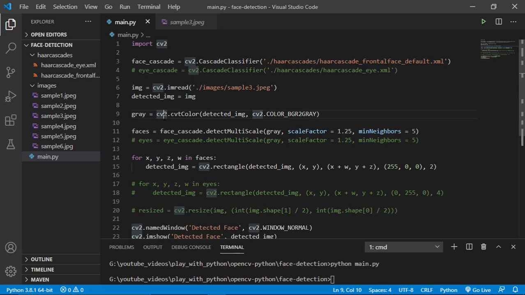Why are we not working with colored images, why are we working with gray images? Basically, whenever you do image processing, grayscale images actually give higher accuracy than color images, because, as I said, we are looking for features. A grayscale image has fewer features.